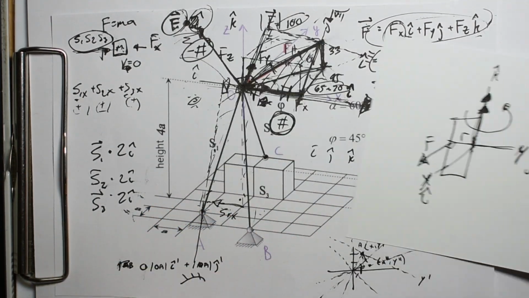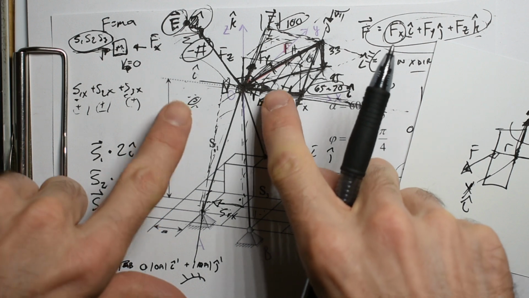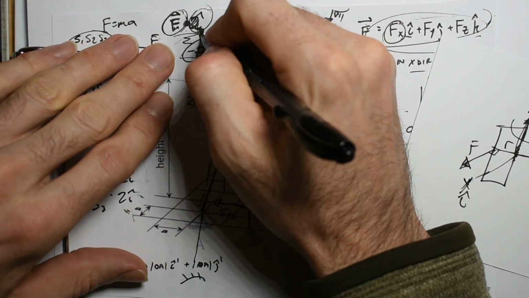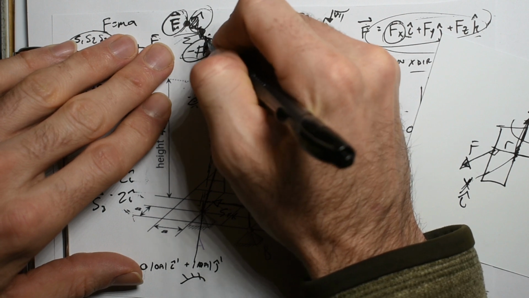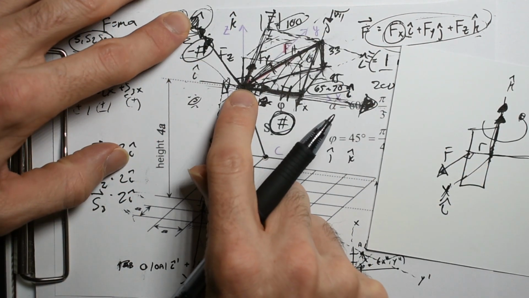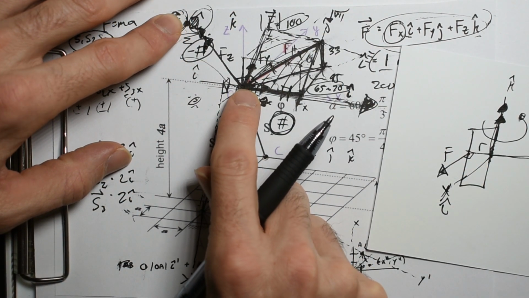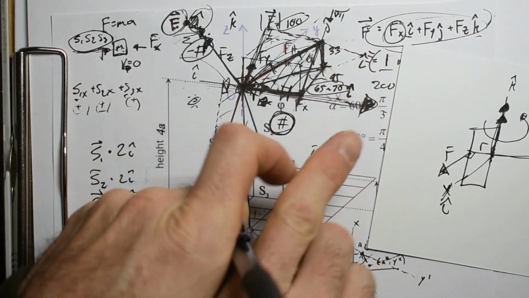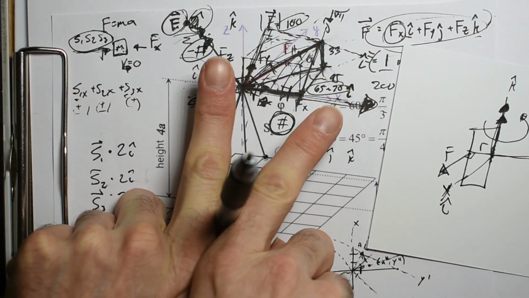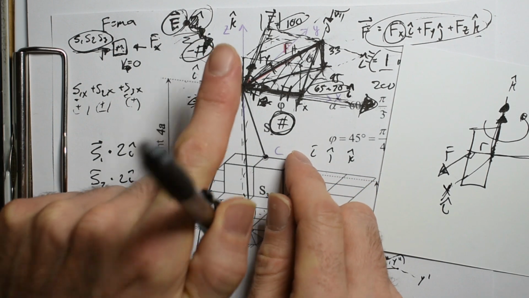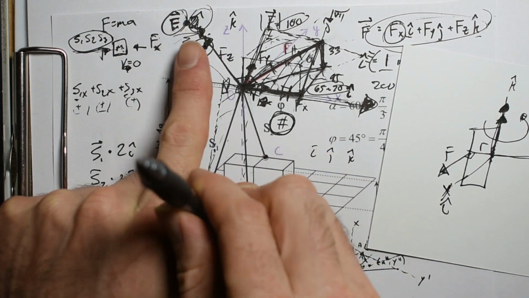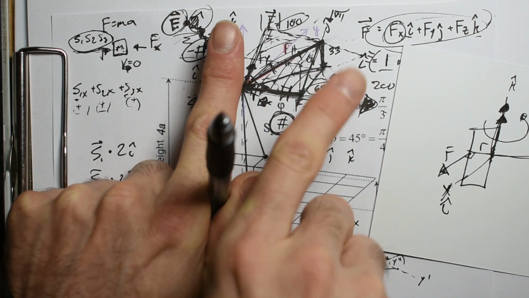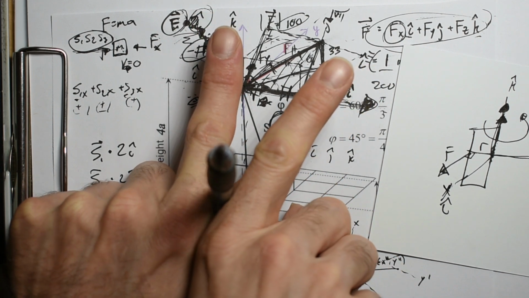Alright, so this problem was cool because you would cross S1 and S2, and you're just getting this extra vector. Cool. And so then this vector is perpendicular to both S1 and S2. So back to this, hard to show. But if I have this vector now, and I dot this vector into both S1 and S2, a perpendicular vector,